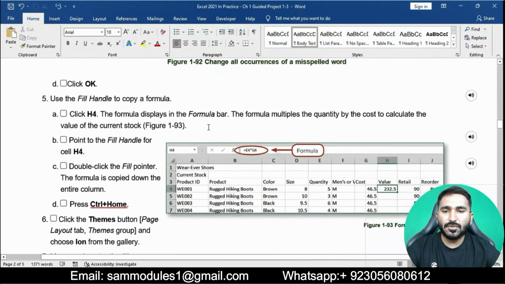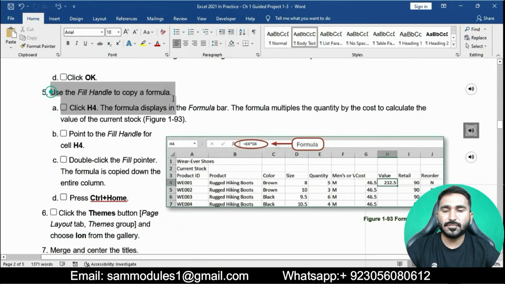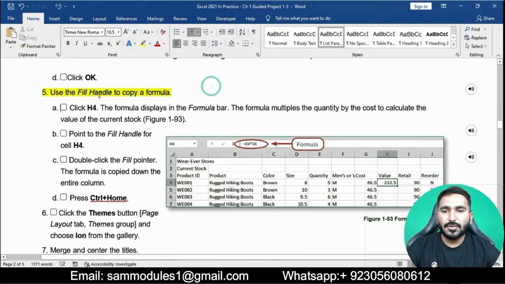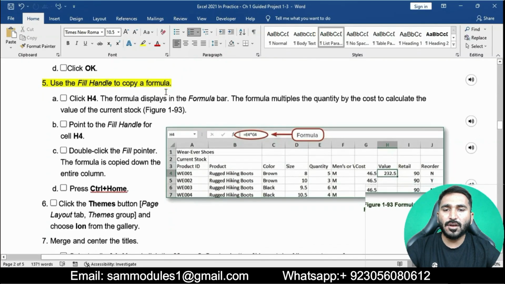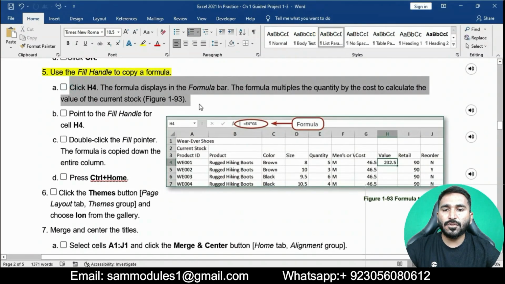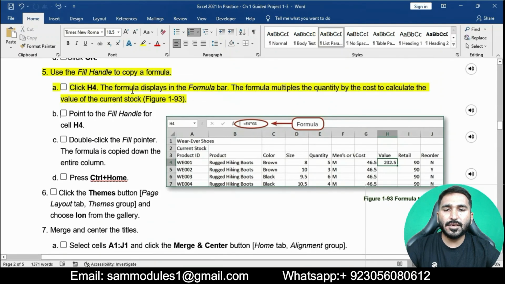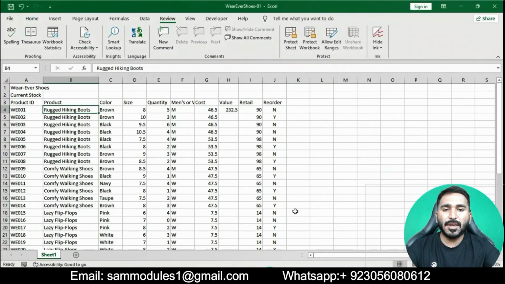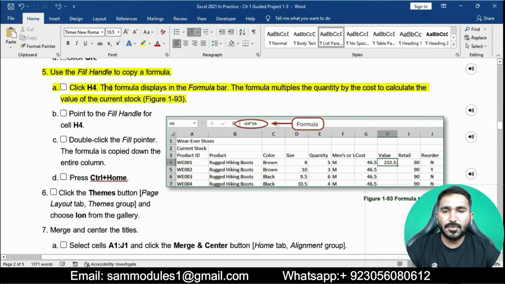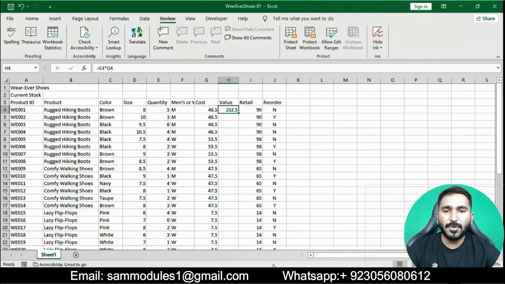Now moving on to question number 5: use the fill handle to copy a formula. Click H4. The formula displays in the formula bar. The formula multiplies the quantity by the cost to calculate the value of the current stock: E4 multiplied by G4.